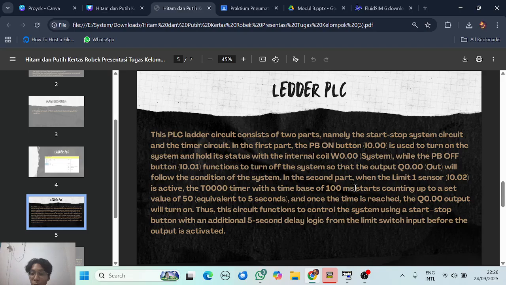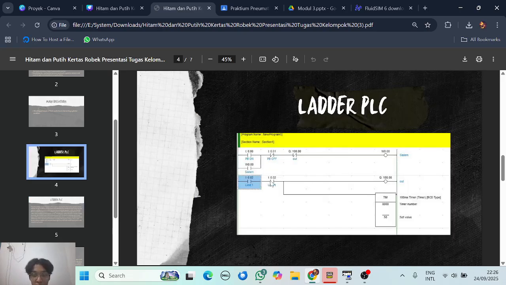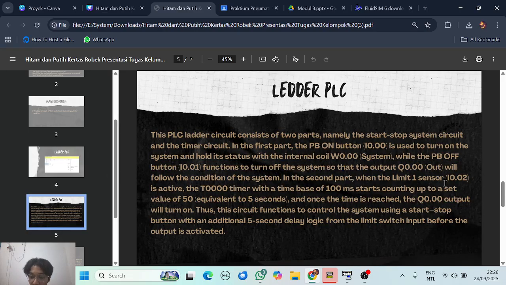In the second part, when the limit one sensor is active, the T000 timer with a time base of 100 milliseconds starts counting up to a set value of 50, equivalent to 5 seconds, and once the time is reached, the Q0.00 output will turn on.